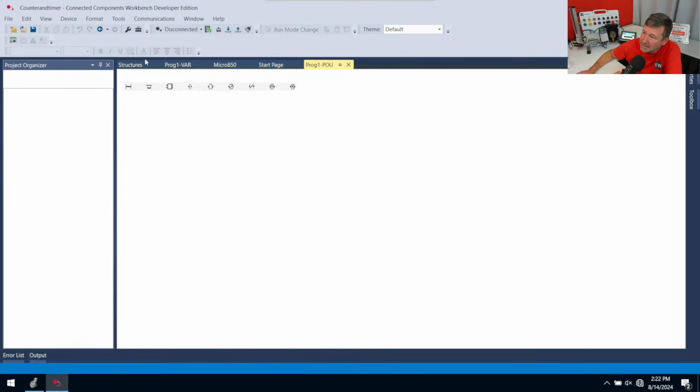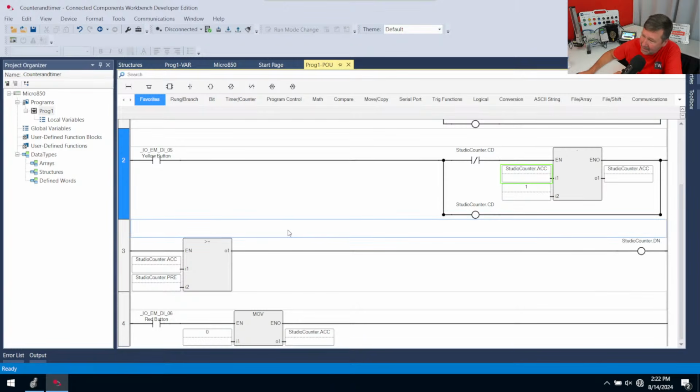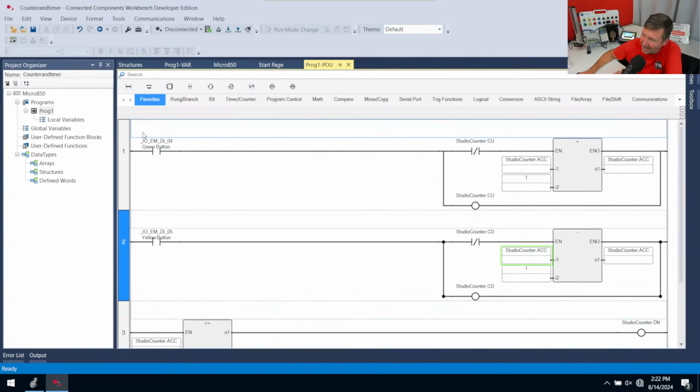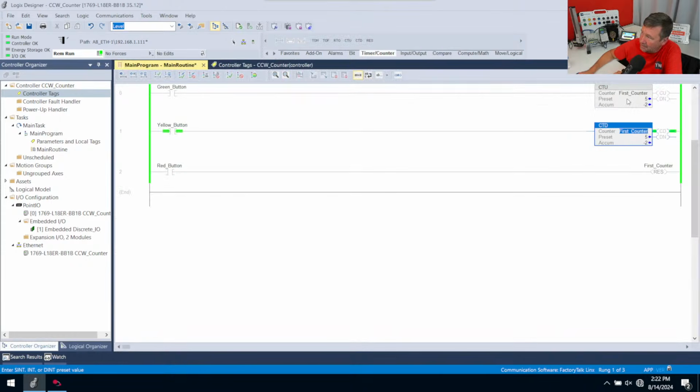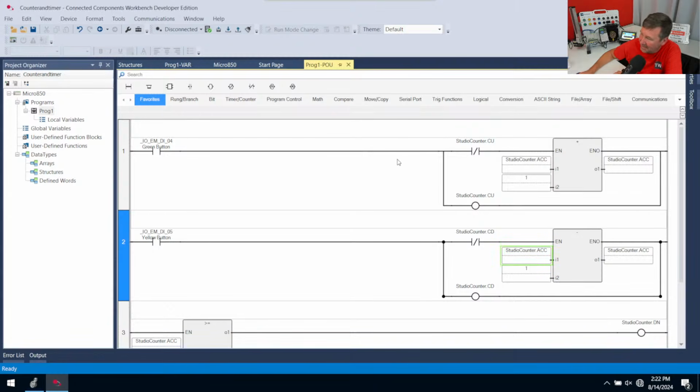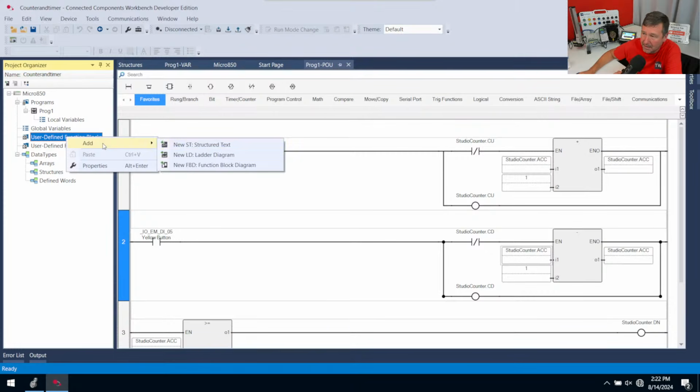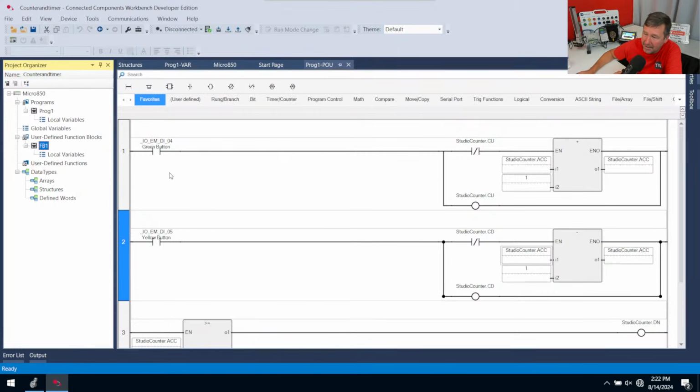All right, but next issue we have is typically you have a nice tidy counter instruction, or even in CCW would have a CTUD, and now I got 4 rungs. So what I want to do is package what we just did up into a user-defined function block. So I'm going to right-click user-defined function block, add ladder diagram,